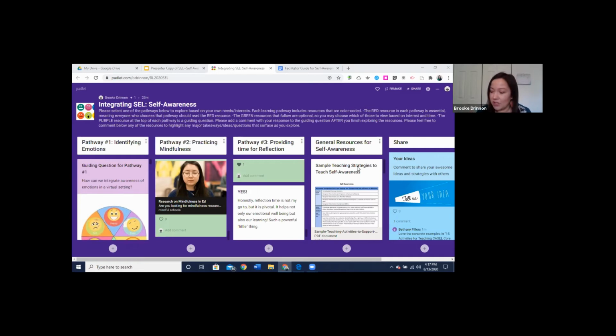One of the articles mentioned do one thing each day that brings joy. So I really like that, and sharing that with students as well as parents. Many of the articles mention sharing strategies with parents that they can use to help students while they're at home. And I see that Bethany just dropped a link in the chat, Headspace, which is a free app for educators. And there are some other apps as well that are under the resources.